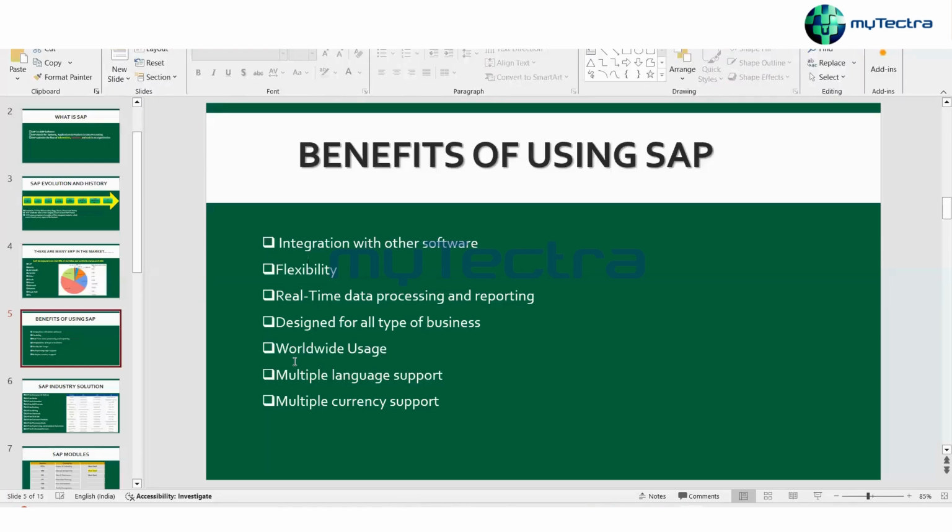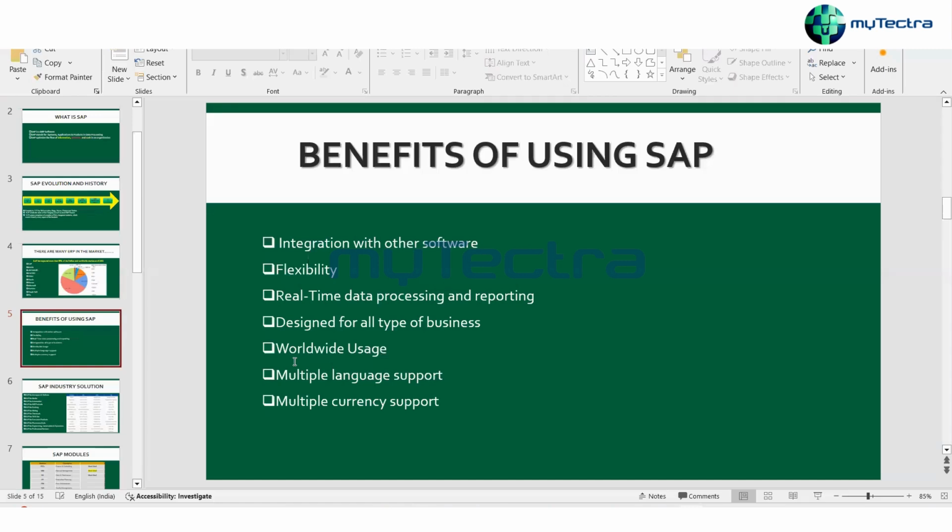So SAP has been designed for all types of businesses. Whether it is a manufacturing company, a banking company, an oil and gas company, a retail sector, a shopping mall, or even a small shopping mart, each and every type of business can use SAP in their day-to-day activity.